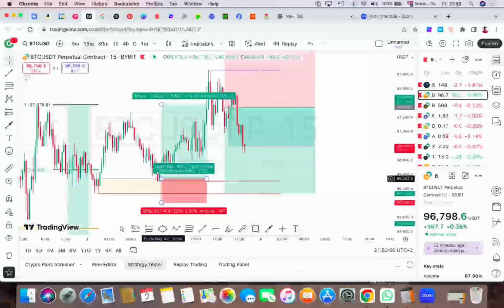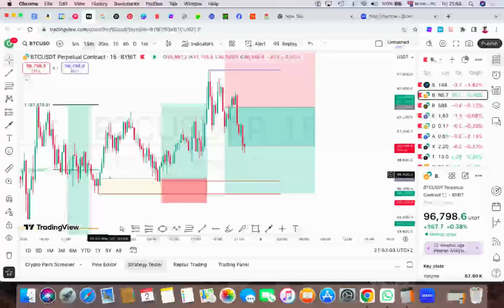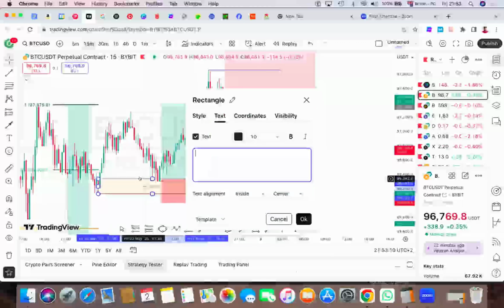Actually, this is a trade that I picked from this order block here. In fact, you can see, even without me naming or writing this here, if I click on this right now, the way you map up your chart is by putting in all the credentials, all the names, mapping up your chart very well. This is my order block, right? The same topic that we're talking about. But since I'm an advanced trader, I don't really need to write all of these things. Once you know them and you are an advanced, professional trader yourself, you'll be able to spot them even without naming them. So this will be my OB.